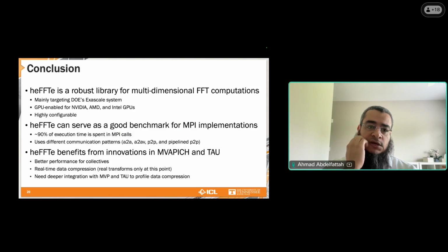Other results on the same machine. This is again work in progress by Natalie Beams. She is working on adding persistent collectives to heFFTe so that we can mitigate the overhead of setting up these calls.